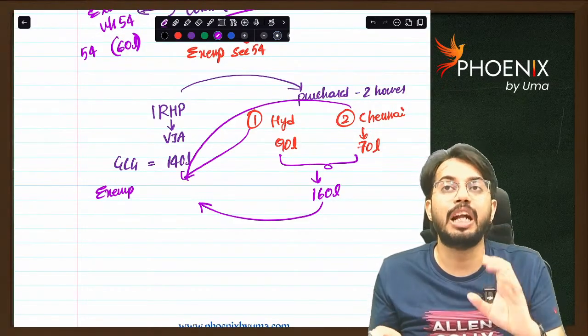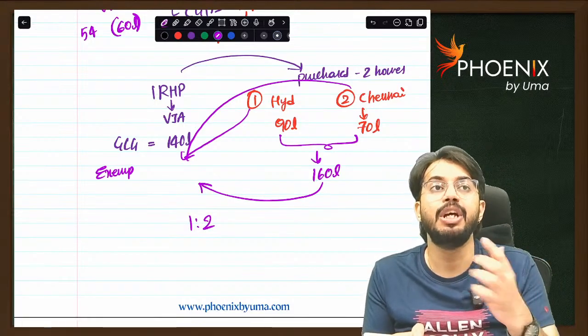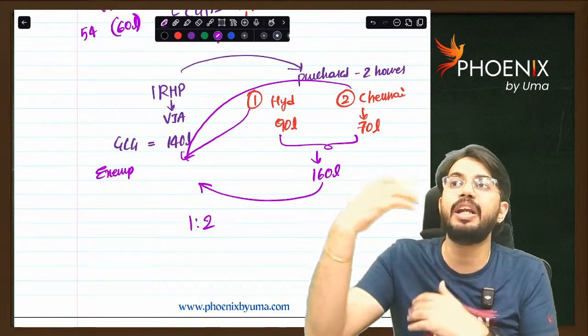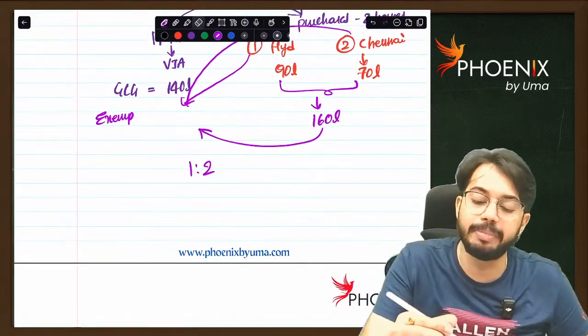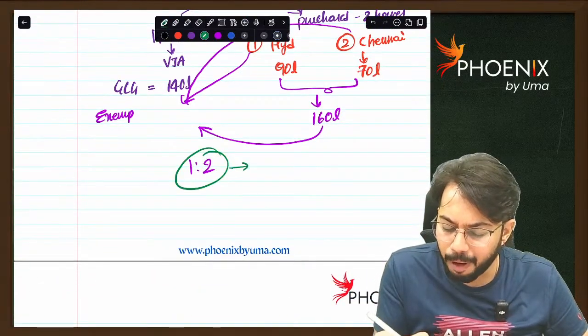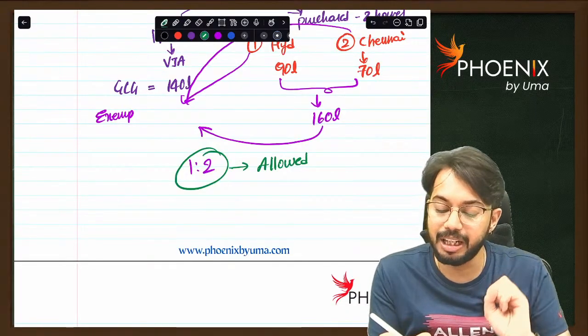Yes. That means what? 1:2 ratio. 1:2 ratio means you are selling one house, you are making reinvestment in two houses. Reinvestment in two houses is possible. 1:2 ratio is allowed, but subject to satisfaction of two conditions. Condition 1,